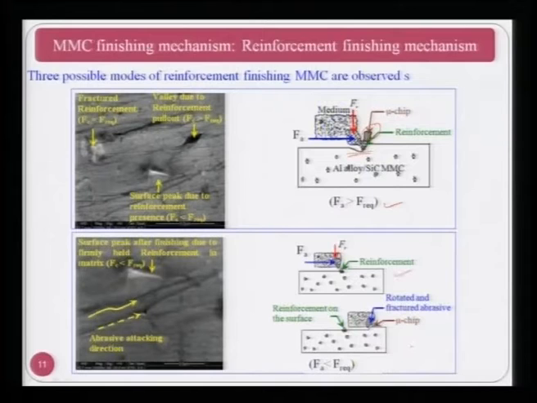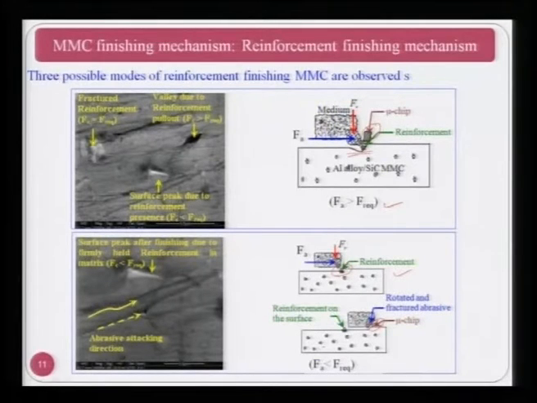In the second case, the reinforcement remains intact with the workpiece surface because the axial force Fa is smaller than the required force, and you can see here this remains intact. It is not able to remove the material, and it may jump over the reinforcement without really removing it. In the third case, as I have explained earlier, fracture of the reinforcement takes place as shown over there, and part of it remains inside the workpiece and part of it is taken out by the medium. Similar things have been observed during experimentation, which are shown on the left hand side in the pictures.